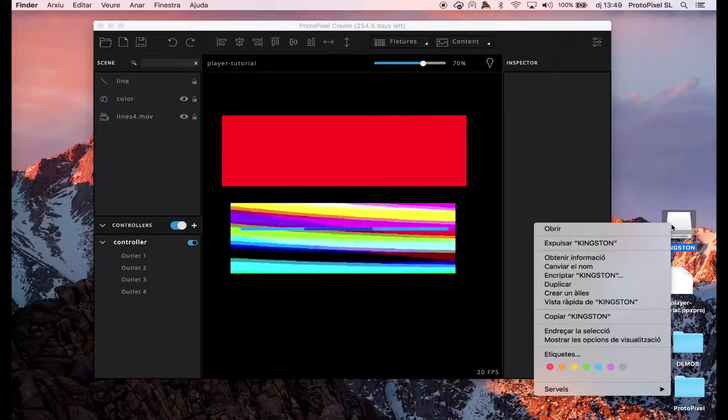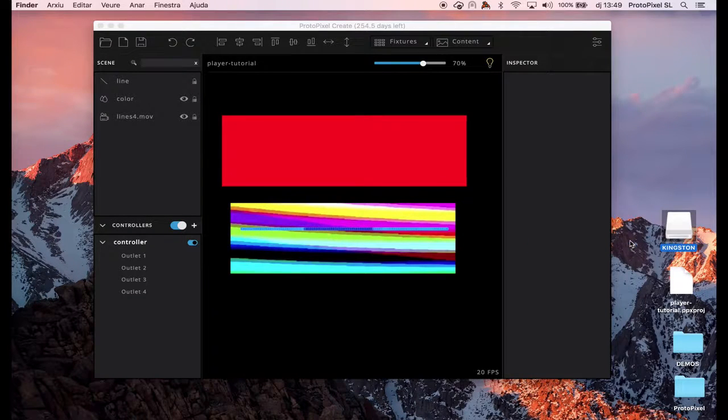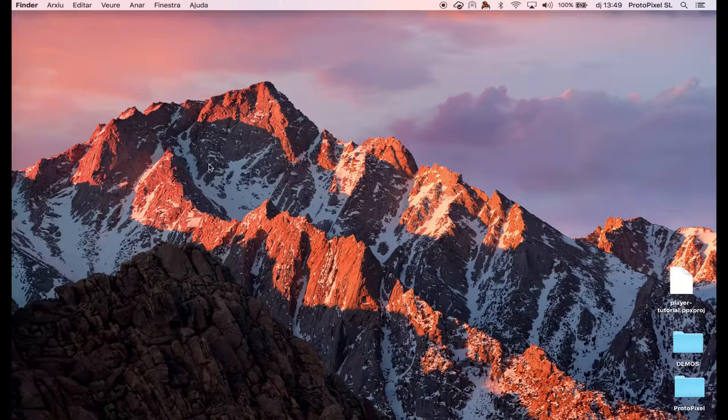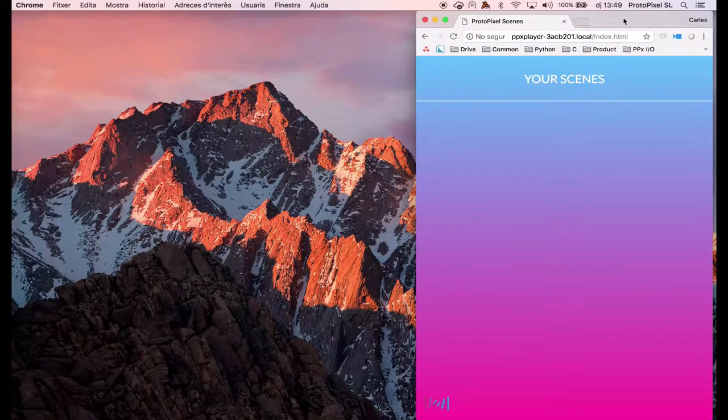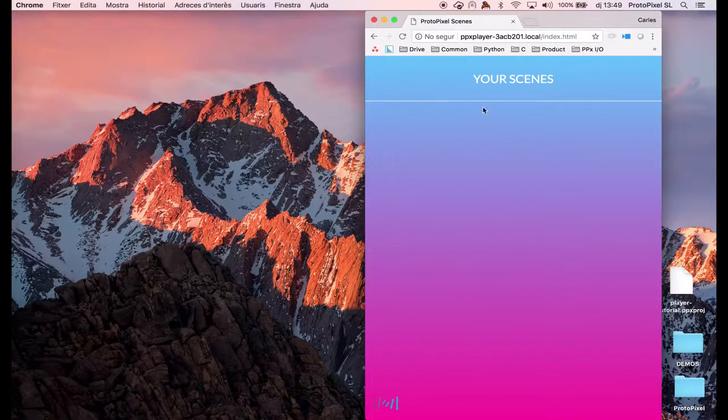So I will extract this. Let's stop. I will use this USB stick in the Protopixel player, and I just opened the remote interface of the Protopixel player.